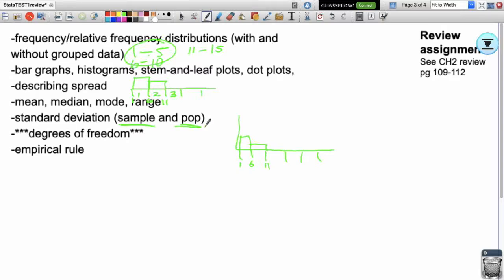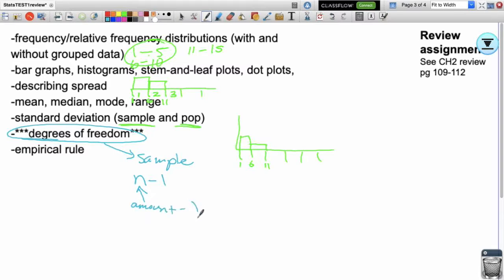Degrees of freedom. Okay? I maybe mentioned it briefly once. Degrees of freedom only happens when you're dealing with a sample. Okay? And the degrees of freedom is the denominator of the standard deviation formula. So essentially, it's your lowercase n minus 1. So it's the amount of people in your sample